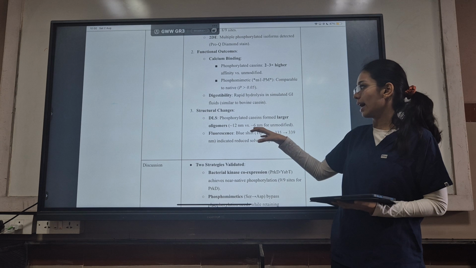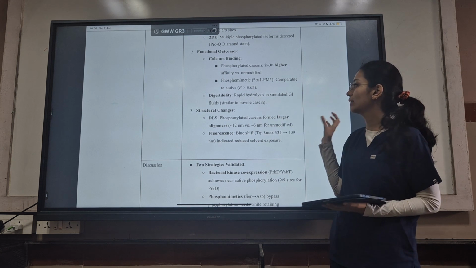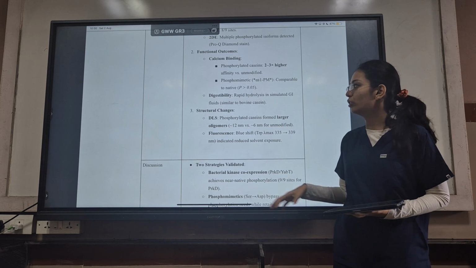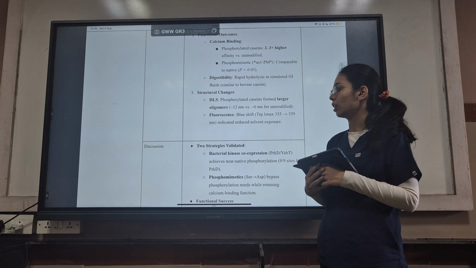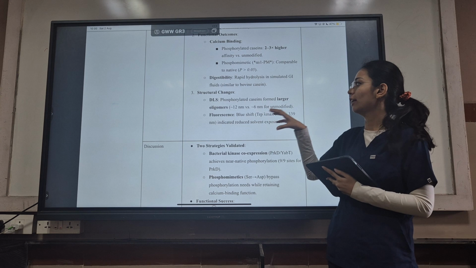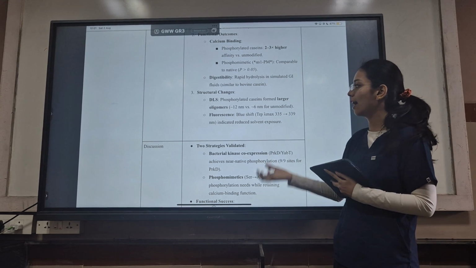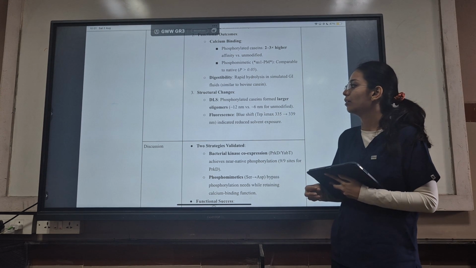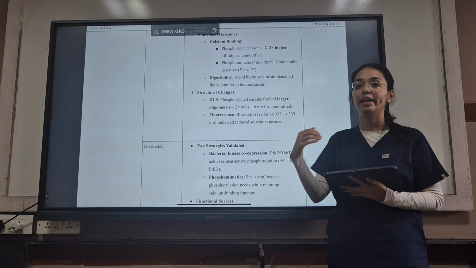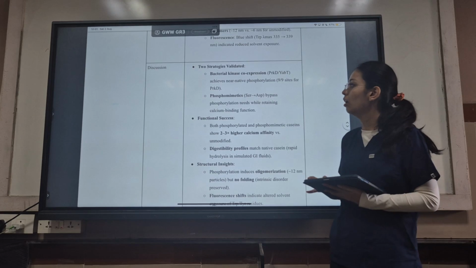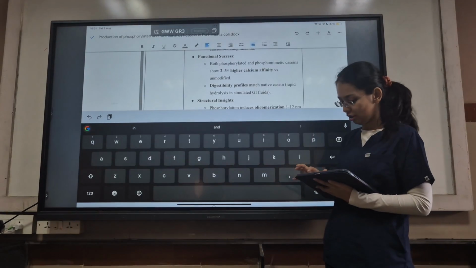And in regard to digestibility, rapid hydrolysis was seen in simulated digestive fluids, which is similar to bovine casein. So, structural changes. The phosphorylated caseins form larger oligomers, and when fluorescence was studied, there was a blue shift which indicated reduced solvent exposure. So, moving on to the discussion,